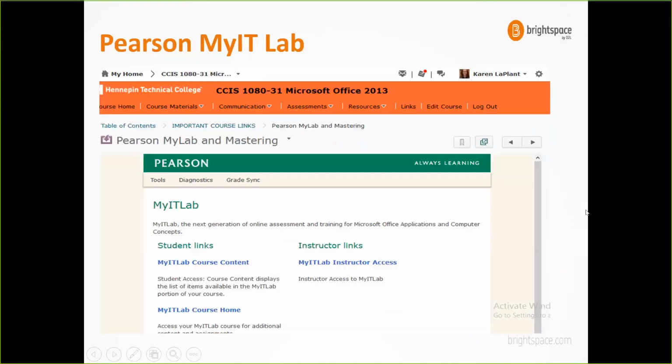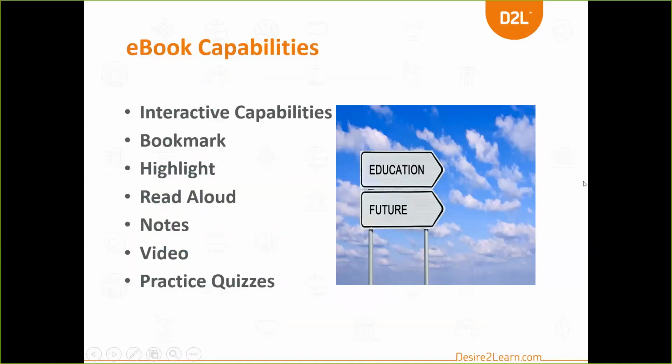Again, I linked it inside the course so that it looked like they were on the Pearson site, but they were inside of the D2L course, and they could get everything they wanted in there. And of course, all of these, when you link them, they all have the ebook capabilities too, which leads us into our new topic that Sheri's going to talk about,